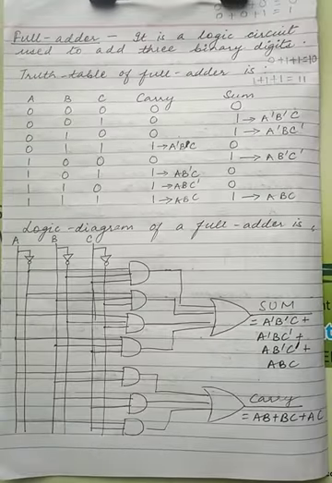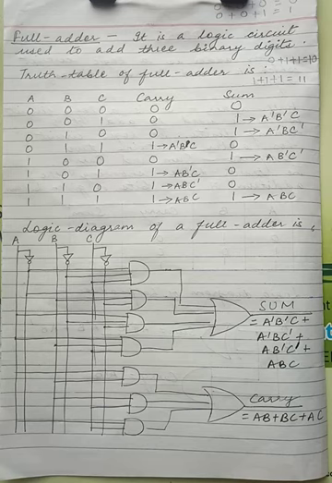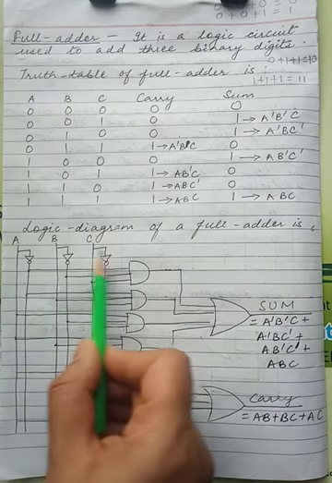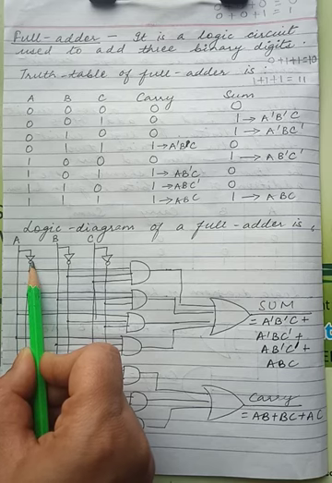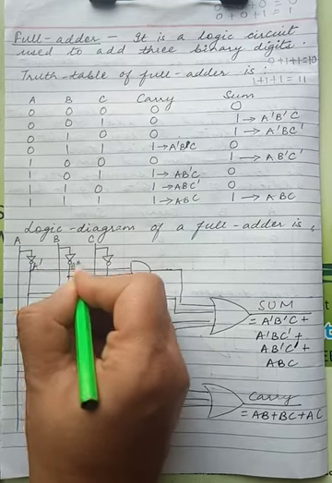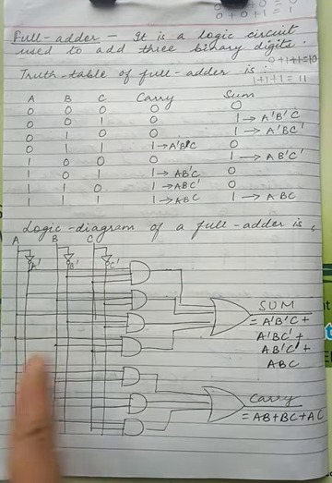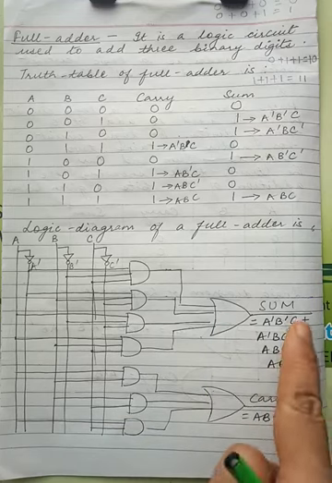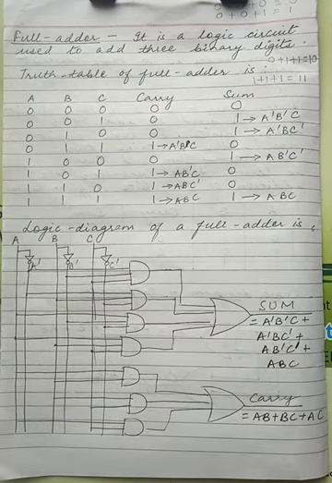Now we come again to the logic diagram of full adder. See, I have made 3 input lines A, B, C, and the expression which we have formed for sum, that is A bar B bar C plus A bar B C bar plus A B bar C bar plus A B C, we have made in this. This is the line of A and this is the line of A bar. I have put a NOT logic gate here, so this becomes A bar. This becomes B bar, this becomes C bar. And we have used the AND gates and the OR gates to form the sum and carry. For the carry, I have used the simplified expression. So this is the logic diagram of full adder.